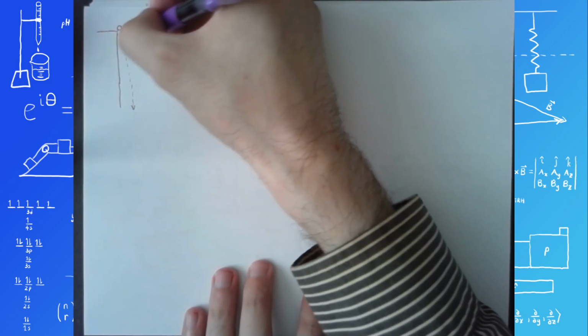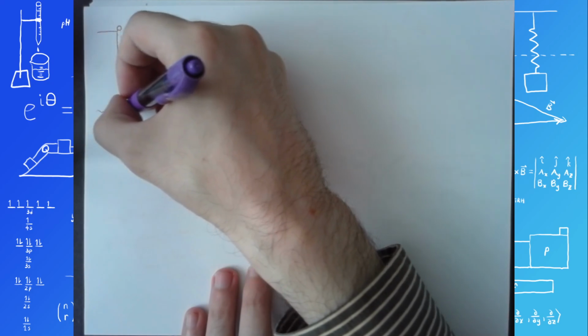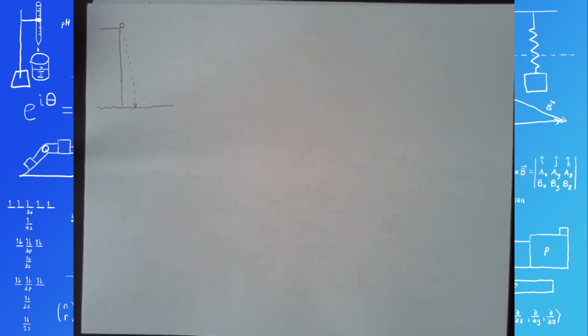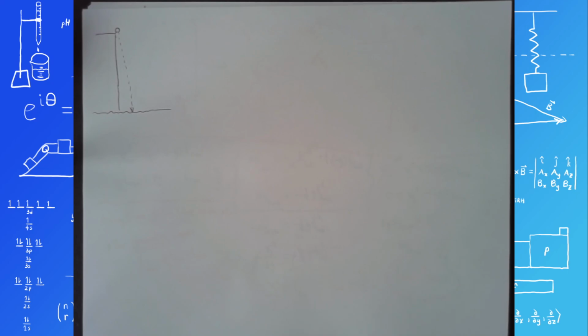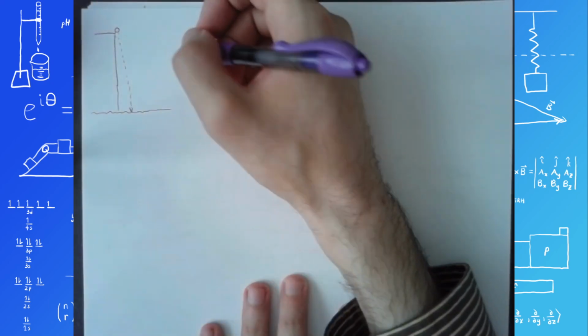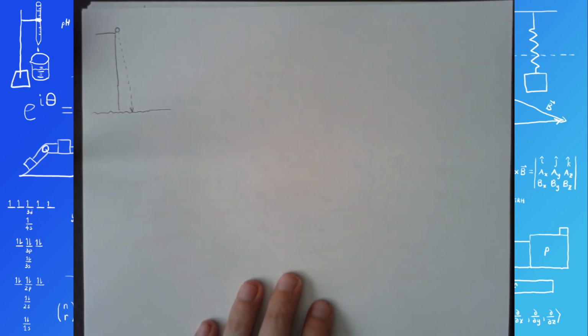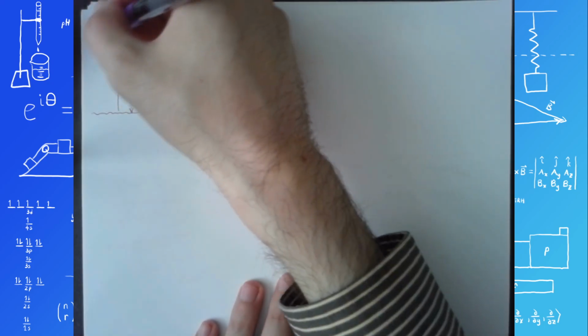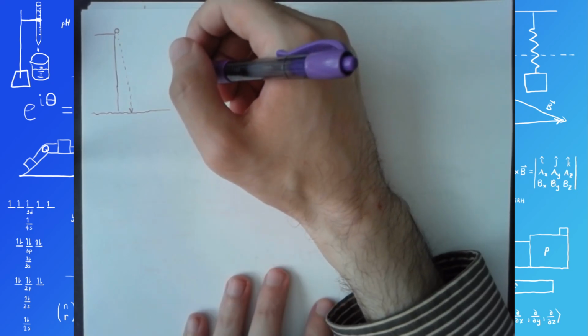Of course, it would be moving both horizontally and vertically, but we'll deal with that when we get to the projectile motion chapter. For now, we're just going to treat it as if it's only falling straight down. We don't want to worry about the horizontal part of its motion just yet. We will deal with that all in due time. So, assuming that its initial vertical velocity was 0, regardless of how fast it was rolling horizontally when it came off the cliff, or building, was it? They didn't say if it was off a cliff or a building, but when it rolled off of whatever surface it was on,